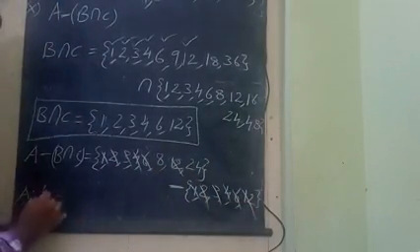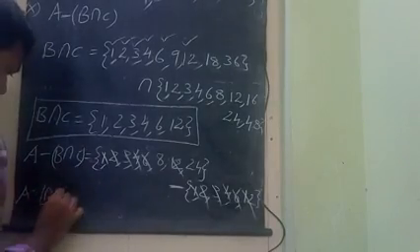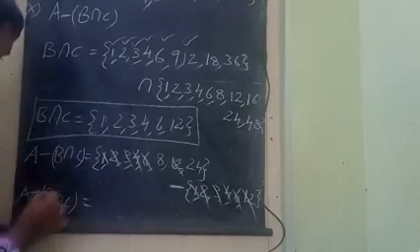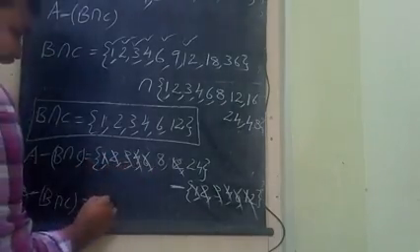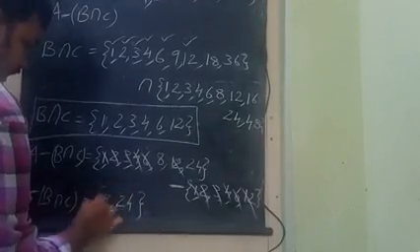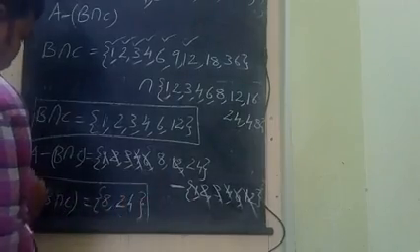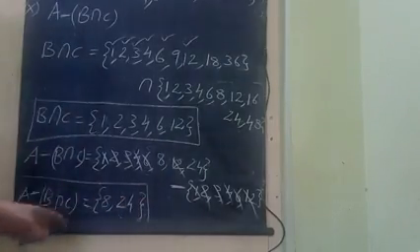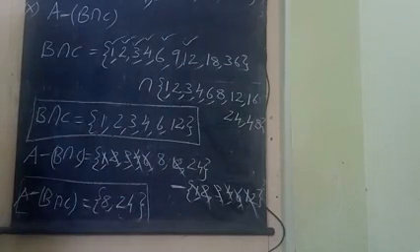A minus B intersection C is equal to, what is left in the first set? 8, 24. The remaining ones in the first set are 8, 24. The box is the answer for this sum. In this one only 8, 24 is left. So 8, 24 is the answer for our sum.